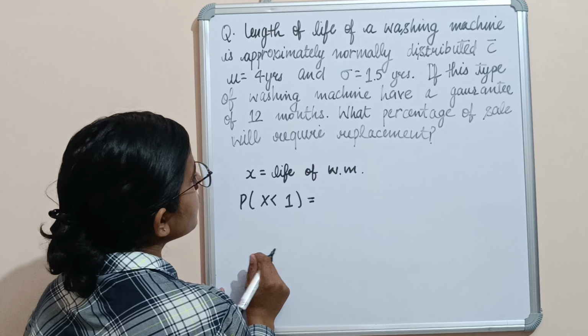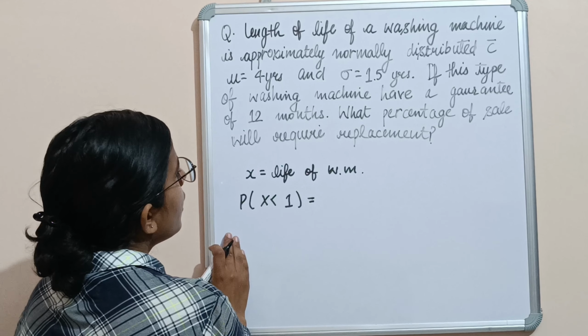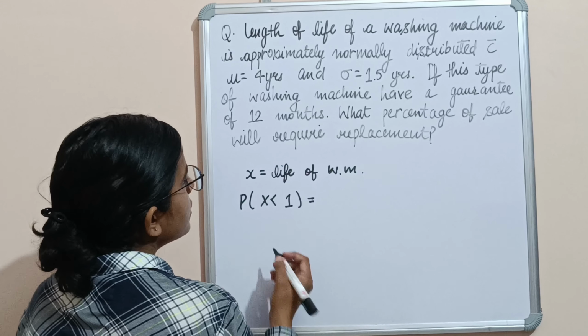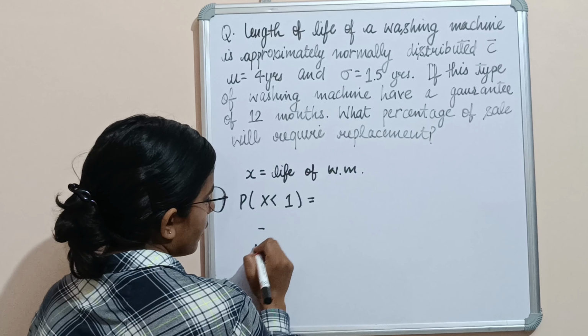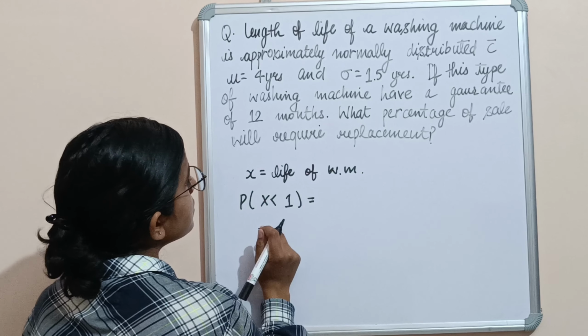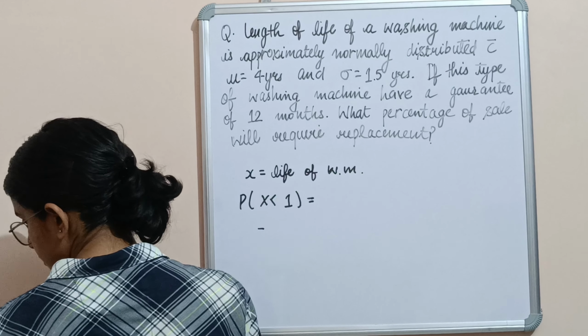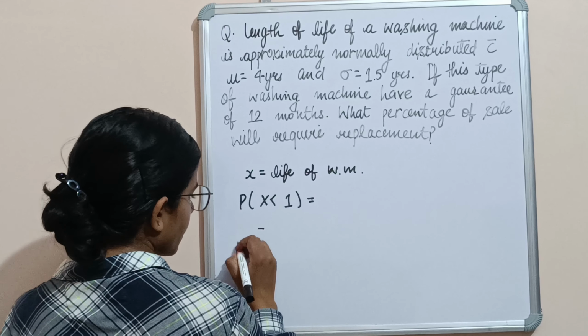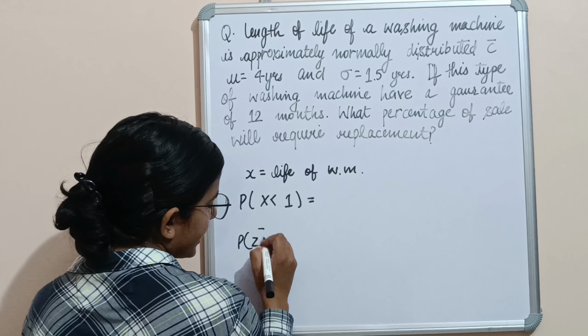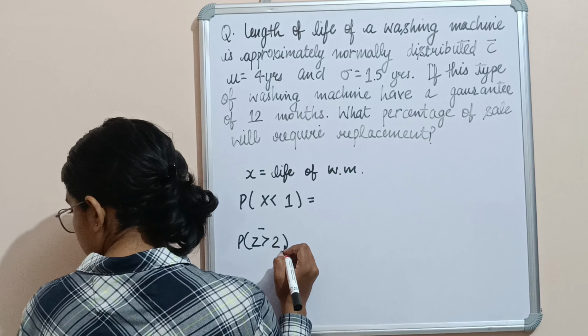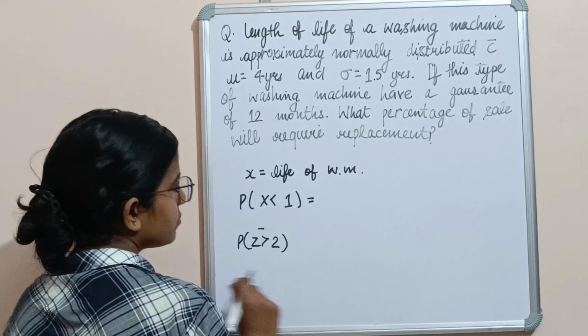Now, we know that probability of Z greater than 2 is